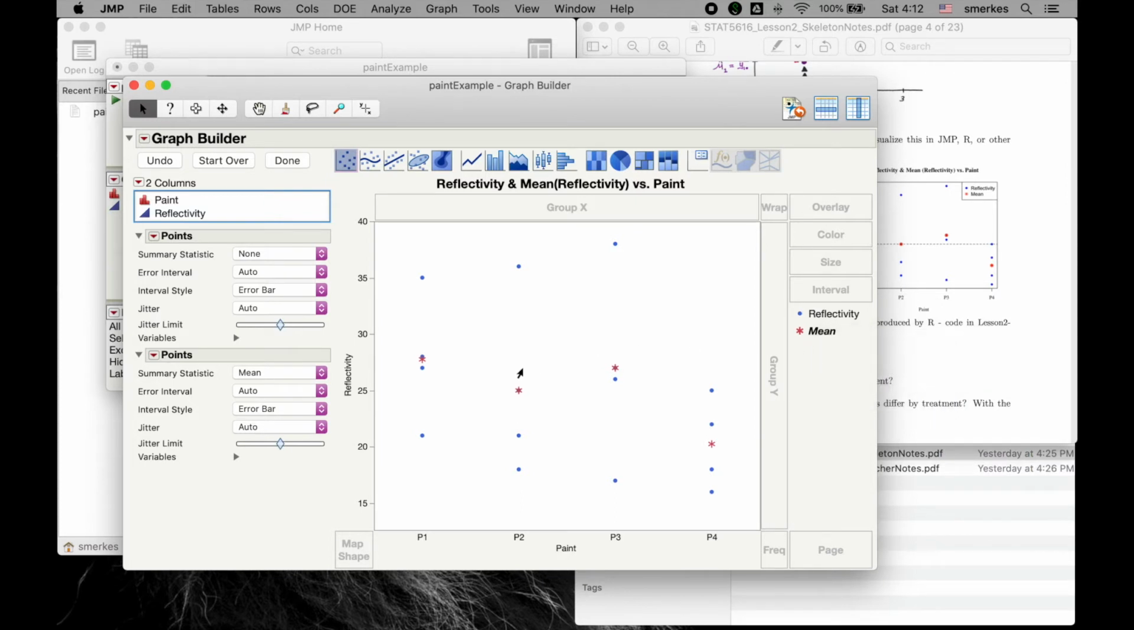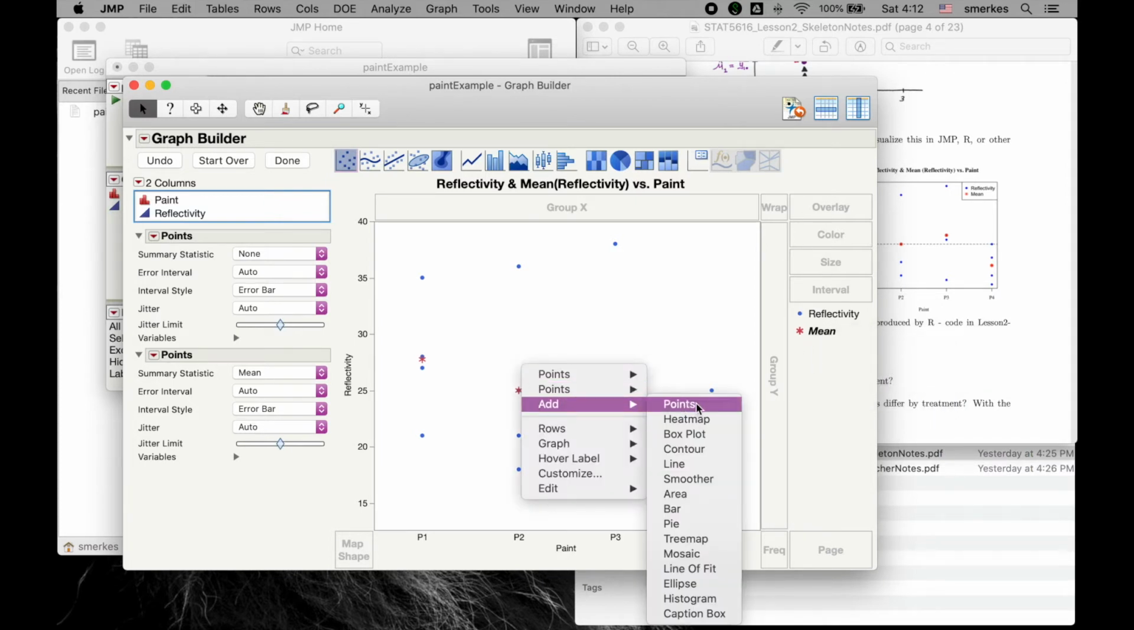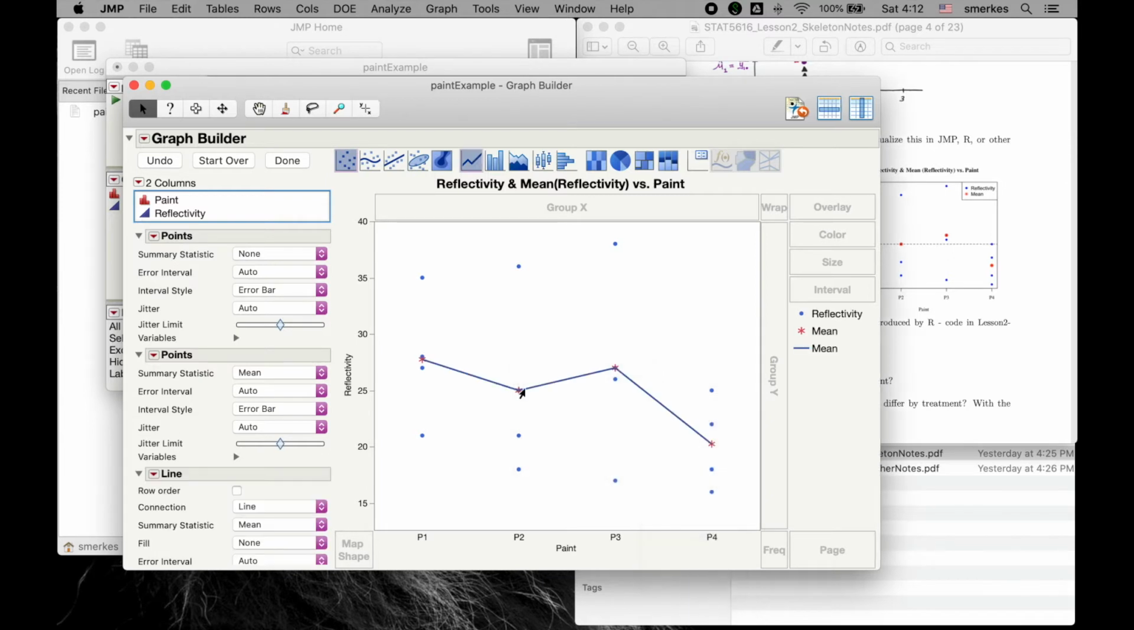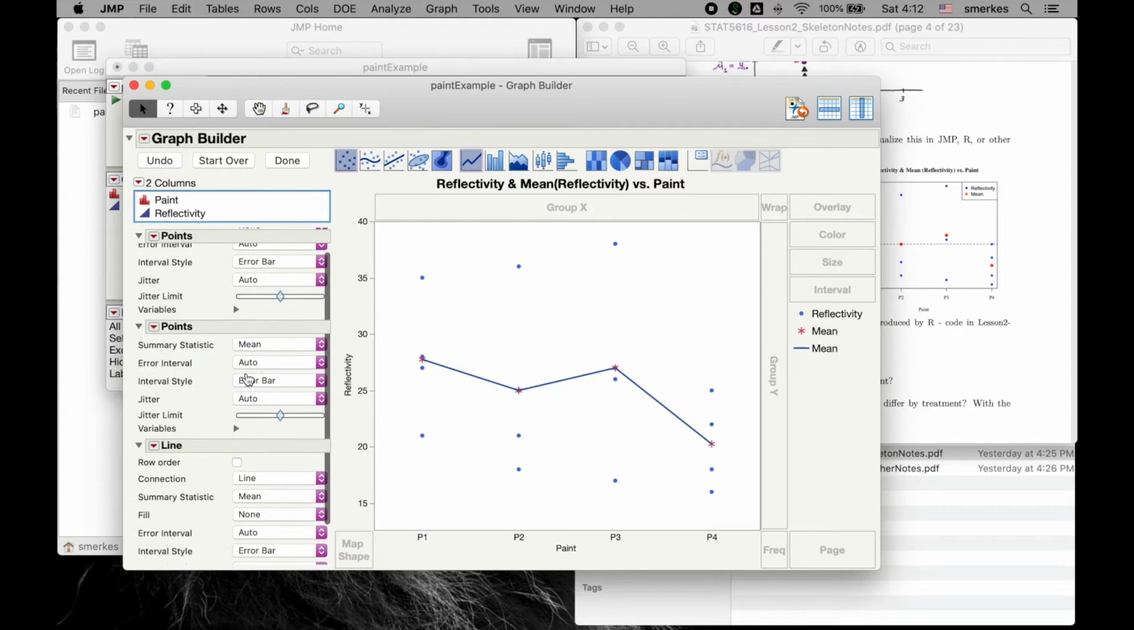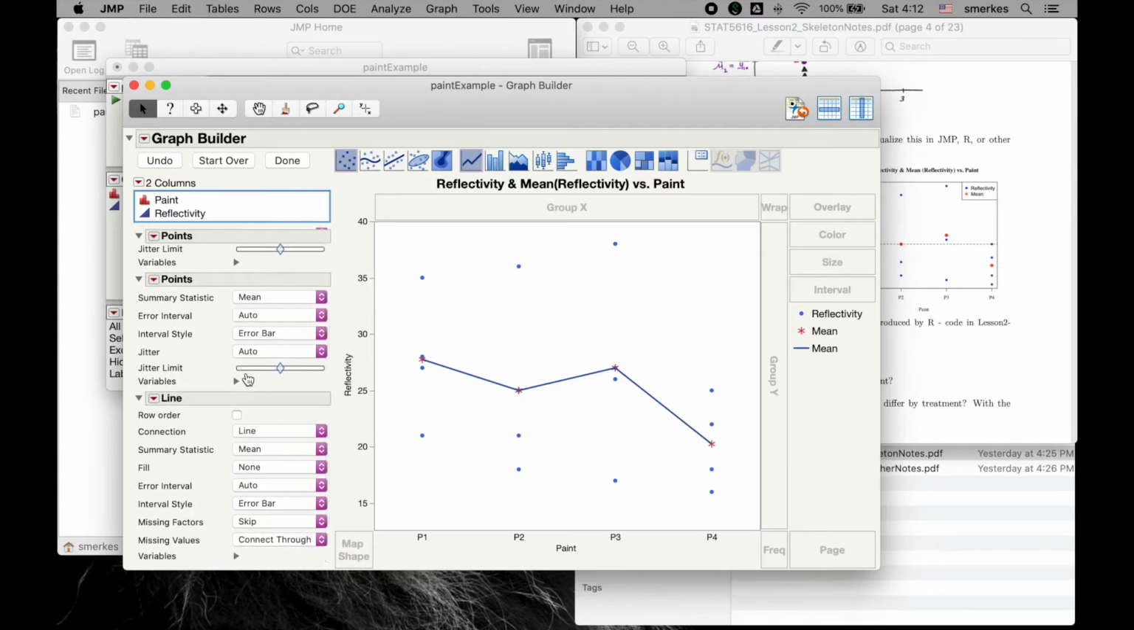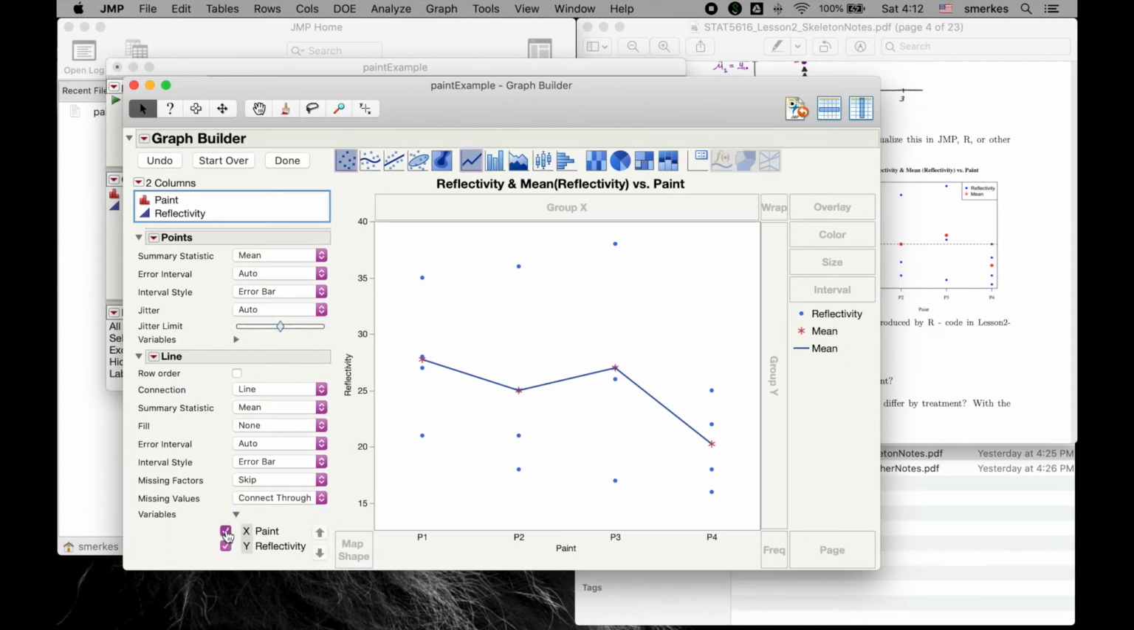You can also make another line. We're going to right click, we're going to add line. And right now what it does is it connects through the mean. How we can fix that is by scrolling down on our left side of the panel, clicking variables, scroll down a little bit more, getting rid of our X's, and now we have a line that